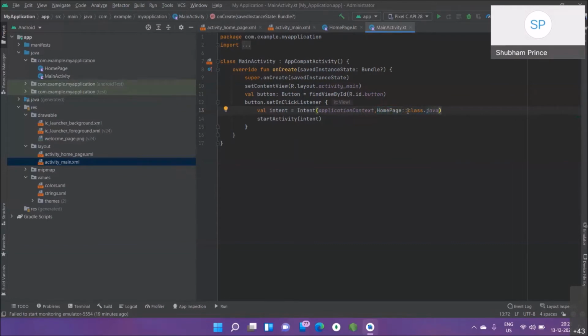Make sure that you write this class.java. Don't use XML. You don't have to land there. We have to land on the code part. Now, one more thing. You can see here, before I can place this set on, I told you that I will be setting an on-click listener to a button. So I have created a button variable. You will be thinking what this is all about. So I will just make it quick, and you can see.